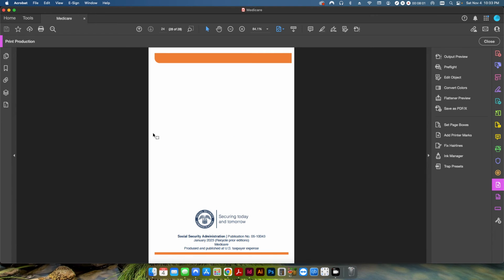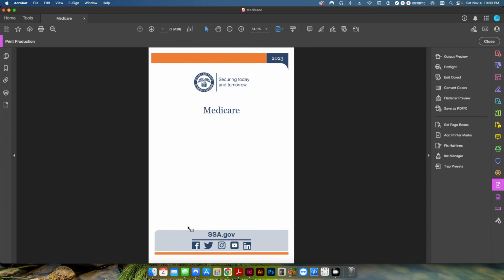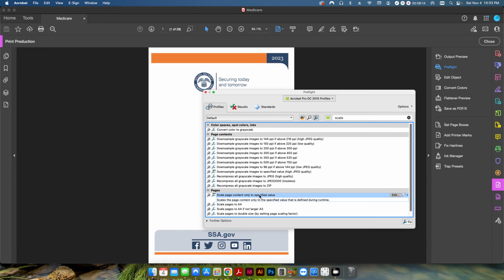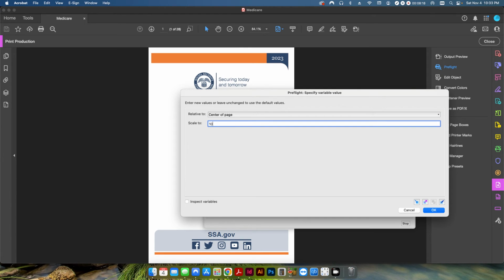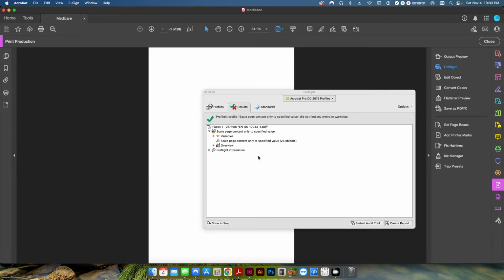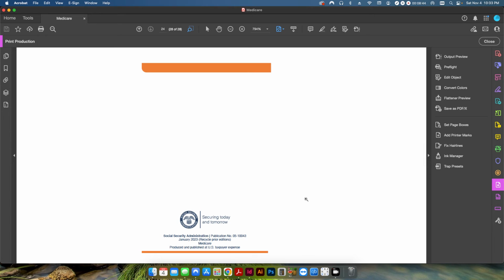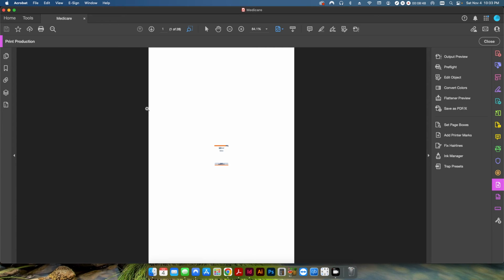So those are 2 different ways to increase the page dimension, and then also to increase the actual scale of the objects that are on the page. Just as a quick example, if I come back in here and I run this again, and I'll say scale to 10%, what this is going to do is scale it all the way down to a tiny little amount. So I'll just call this _4. I'll hit save, and then you can see, boom, you got a tiny little booklet here that is impossible to read unless you zoom way in on it. So anyway, that's a couple different ways to change the scale of a page object, and then also to increase the size of the page dimensions